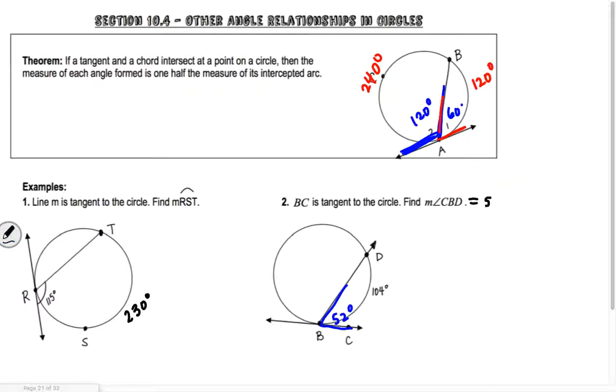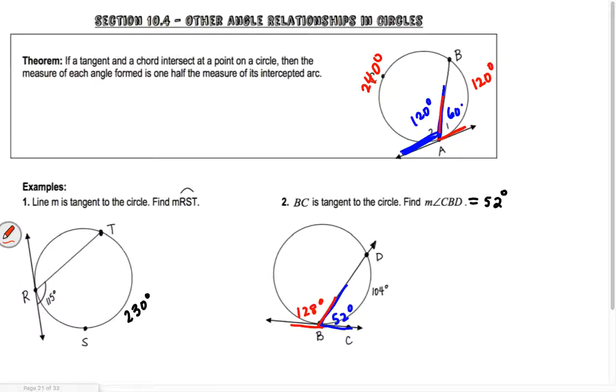But what if I wanted to find other things in this picture? Could I find some other things? What about this other angle on the other side of it? So if I have 52 degrees, what about this angle right here? Nope, bigger. I see what you're doing. You're making 90, but we need 180, right? So what do you think? So 180 minus 52,